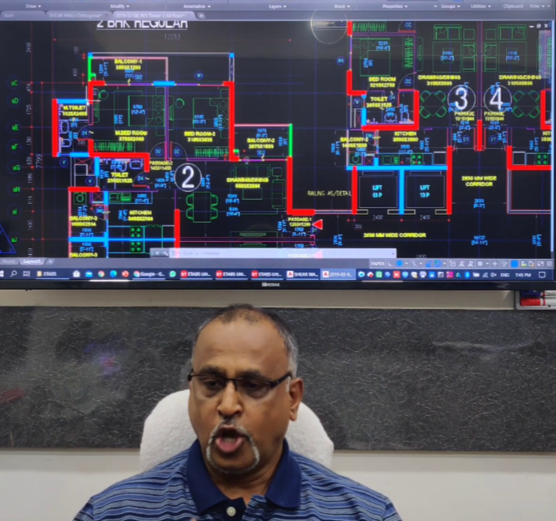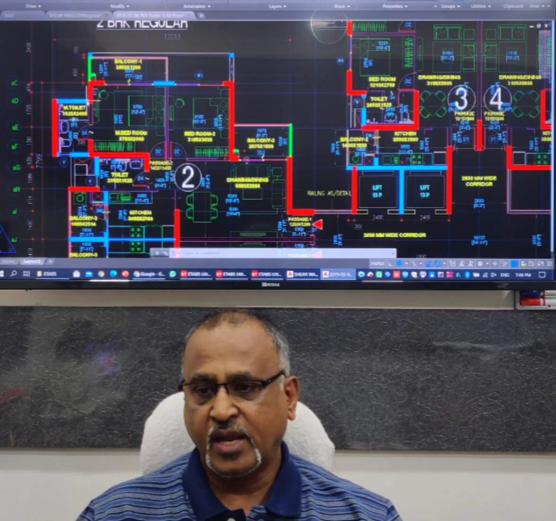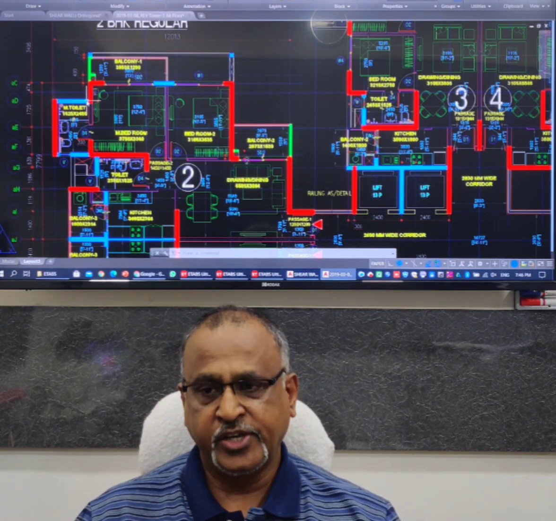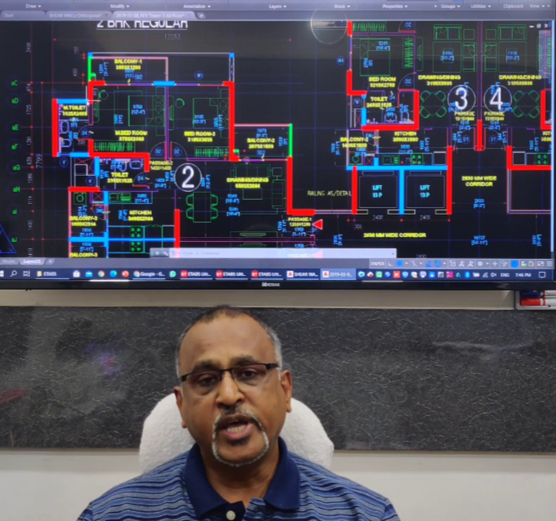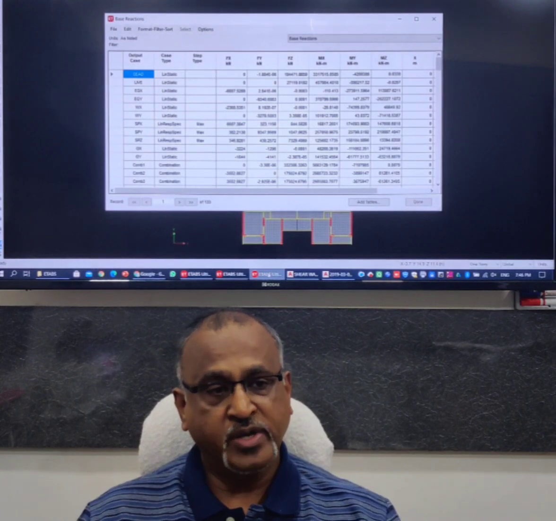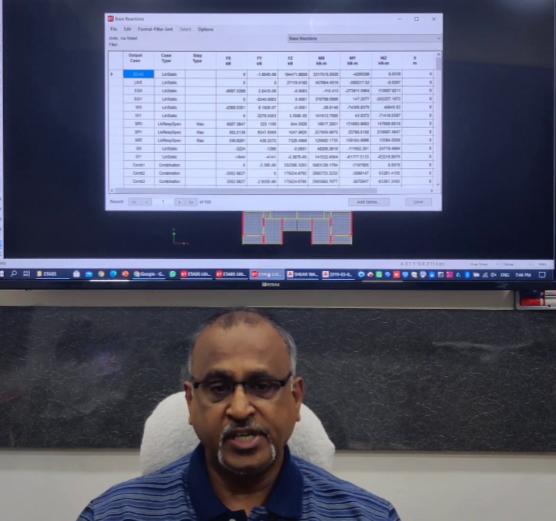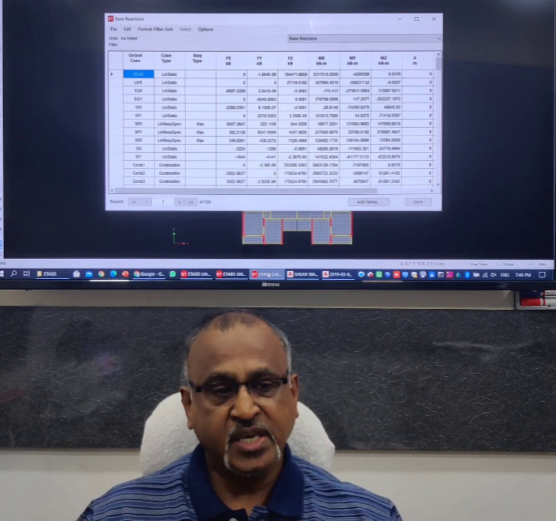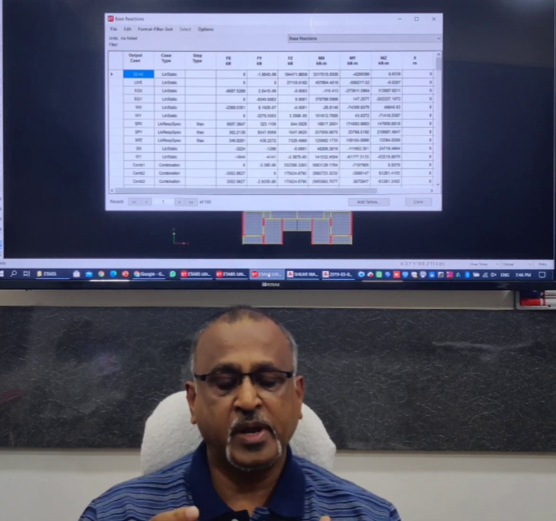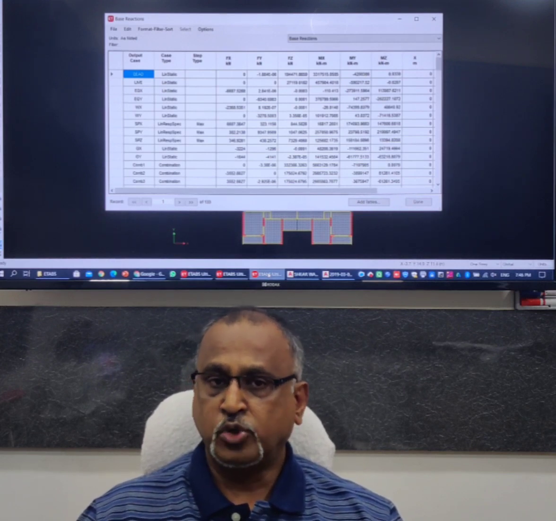No doubt, a lot of iterations need to be done. I am showing you the final file, but before arriving at the final file, any engineer needs to spend many hours of iteration to improve this. So in today's lecture, we have seen how to improve the dynamic behavior of a structure, how we can look at center of mass and center of rigidity, and at the same time we can see what is the scope to increase or add stiffness, what is the scope to reduce some stiffness.